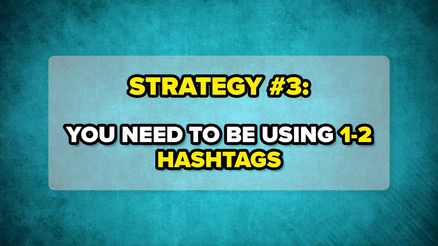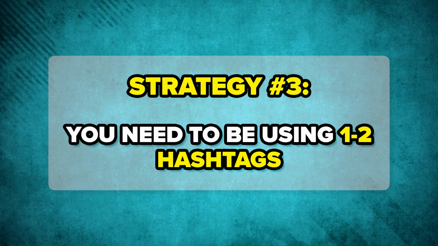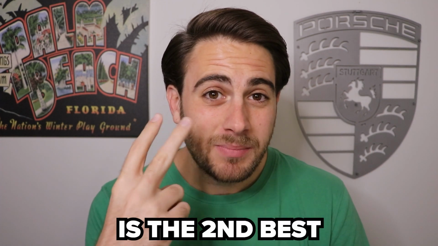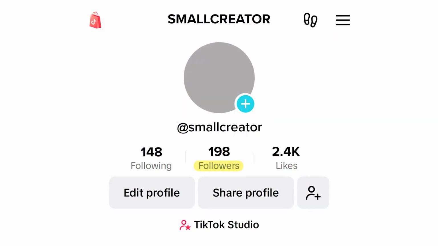Now, the third hashtag strategy you need to be using are going to be 1 to 2 hashtags. If you do this, I would have one of those hashtags be broad. I would have the second hashtag be post specific. In fact, this hashtag strategy, I would say, is the second best hashtag strategy. The one I'm going to share with you in just a little bit makes the most small accounts go viral, but this one's incredibly powerful because it doesn't mean that you are going to overlean on hashtags. I see so many creators do this.